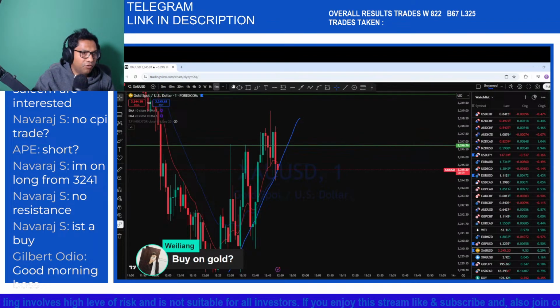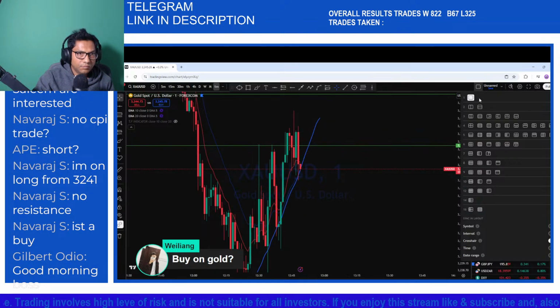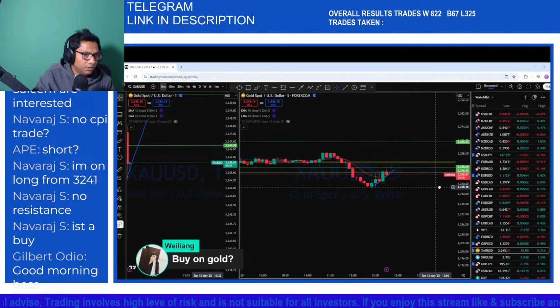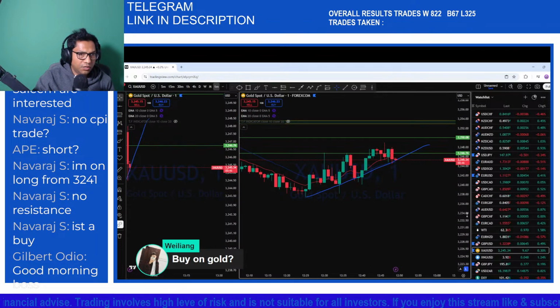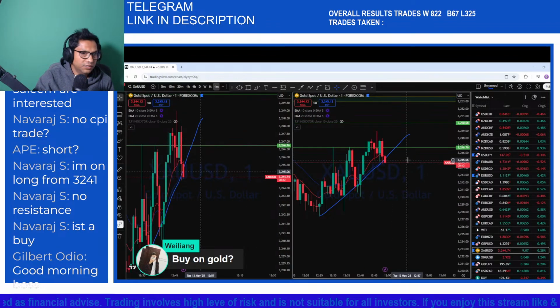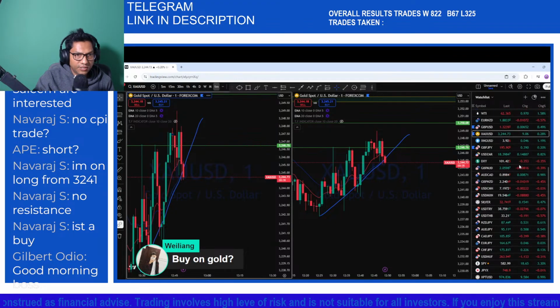Still not ready for any entry. In the meantime, we can also look at what's happening with the other currencies. So also we will be looking at here